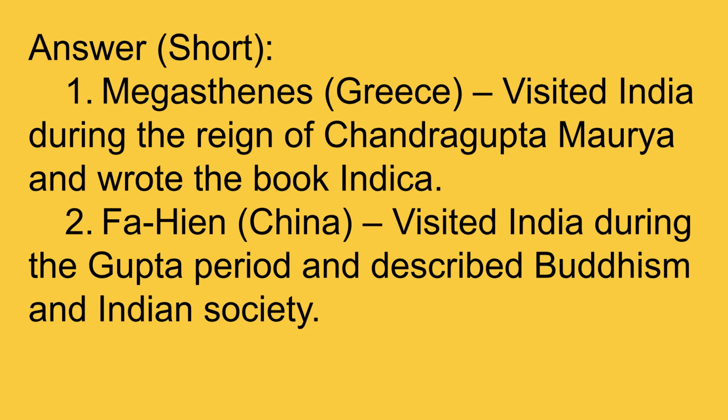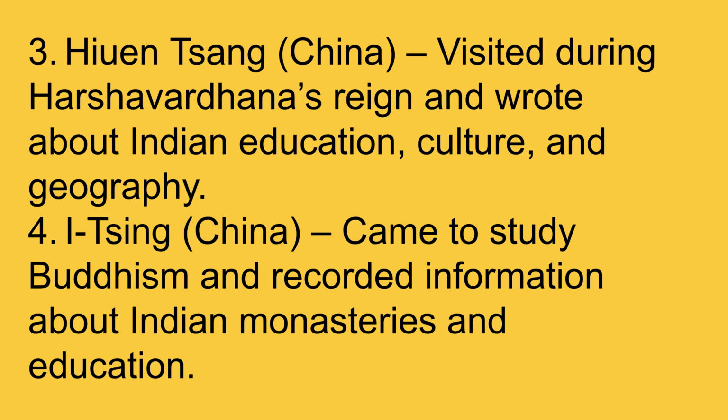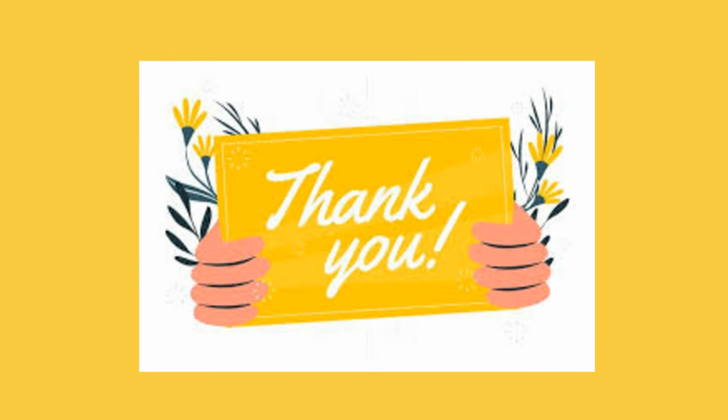In conclusion, ancient Indian thinkers made remarkable contributions to geography, astronomy, and mathematics. Their systematic observations of the Earth, stars, and seasons helped build the foundation for modern scientific understanding. This image illustrates the rich historical context of the various scholars and thinkers we have discussed, symbolizing the depth of ancient Indian scientific inquiry. This final slide displays summary answers for our review, including the historical accounts of travelers like Megasthenes, Fa Hien, Huen Tsang, and Itsing, which help us understand ancient India through their eyes.